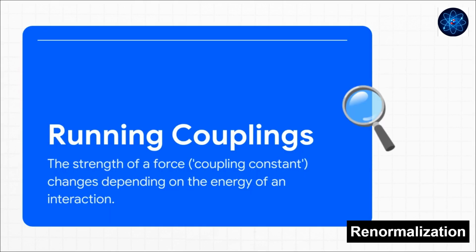What he realized was that the laws of physics aren't set in stone. They depend on the scale you're looking at. This gave us the idea of running couplings. What does that mean? It means the strength of a force, like electromagnetism, isn't just one single number. Nope, it actually changes depending on the energy of the particles that are interacting. Those infinities that plagued the old QED calculations, they were just a symptom of a really naive assumption that a single value for an electron's charge would work at every single energy scale in the universe.